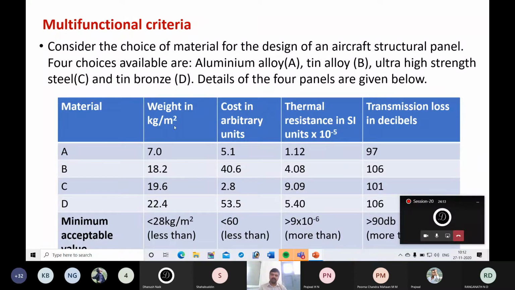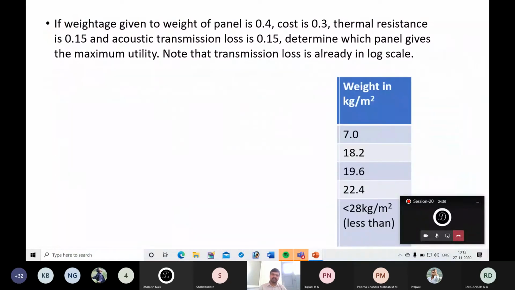So here they have given the values of weight and values of cost, thermal resistance and transmission loss. Based on these values, you have to calculate utility numbers and assign them. Then you have to find out overall utility. For that there is an equation and there is a procedure. In the previous class, Krishna Vaidya asked how we can assign utility numbers or preference numbers for various quality dimensions. That we can discuss. This is the equation used for assigning preference values for various parameters.